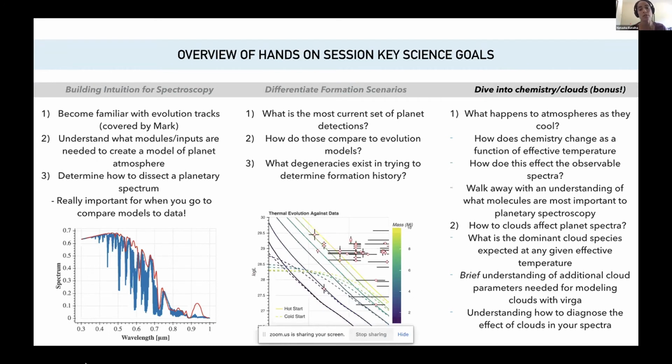Now, lastly, we do have this deep dive into the chemistry and clouds, which is a bonus. This is notebooks 3 and 4. You won't necessarily be doing this in your specific hands-on sessions unless you've completely exhausted the first 2 modules. But if you're interested in doing this on your own or finding a buddy within the Sagan Summer School that's also interested in going through it,